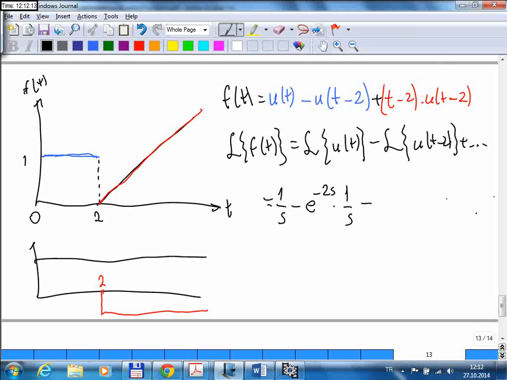Then I need to write the transform of this part. So this time my f of t is t, and I shift it by 2 seconds. Since the shifting is done by 2 seconds, I have another e to the power minus 2s term, and I multiply that with the transform of the unit ramp function, t times u of t,